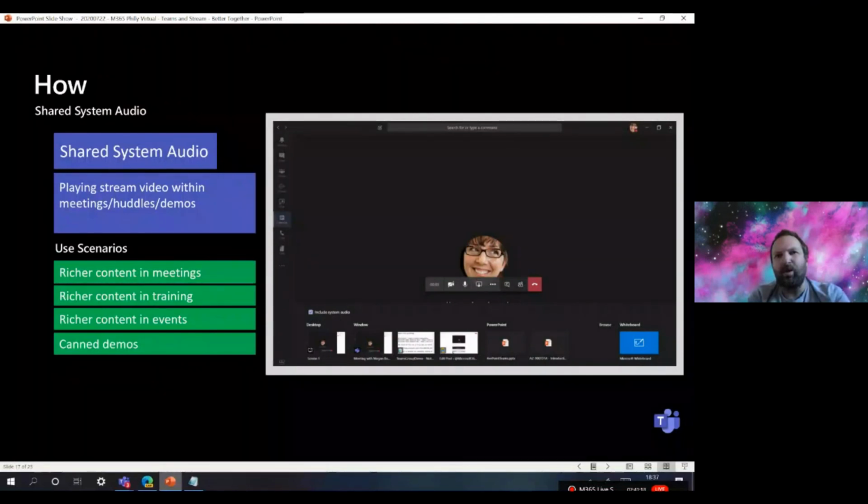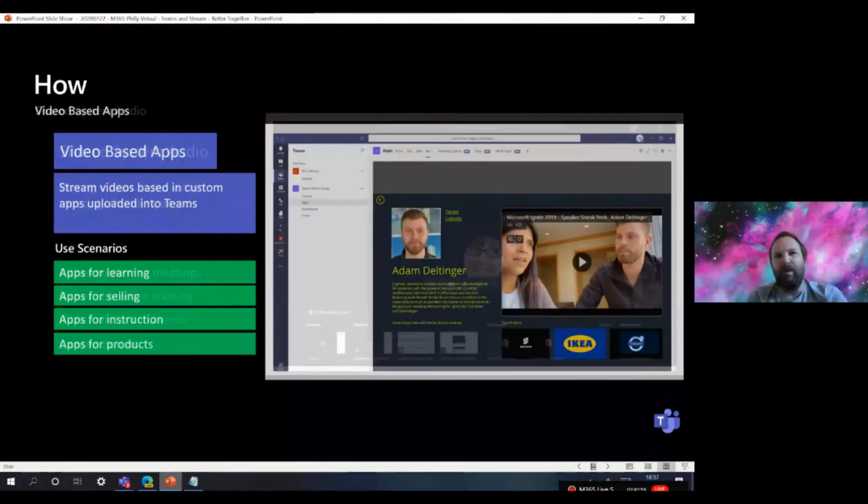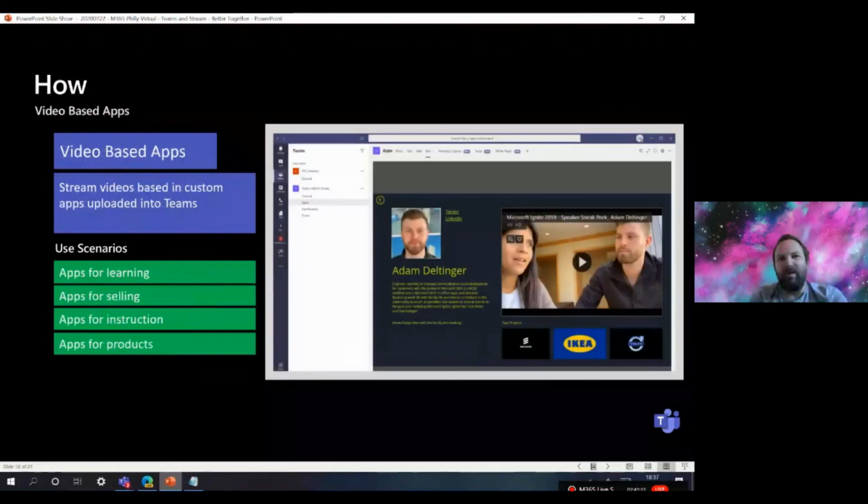The last way in which we can surface video within Microsoft Stream is doing so through video-based applications. So this is doing this through Power Apps and then adding the Power Apps into Microsoft Teams. If I go back into my demo environment, I'm going to go to my team.